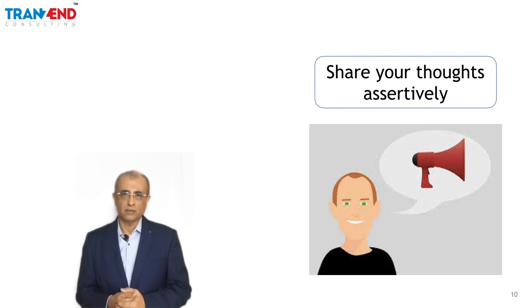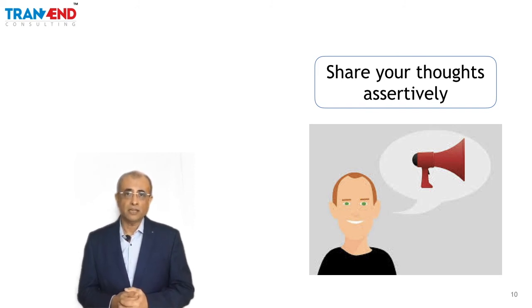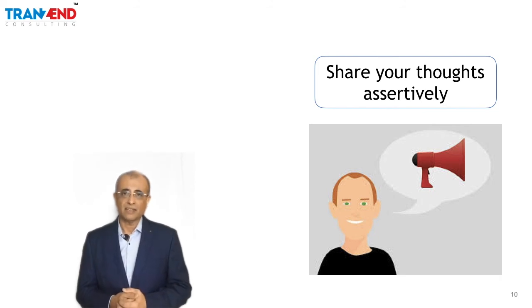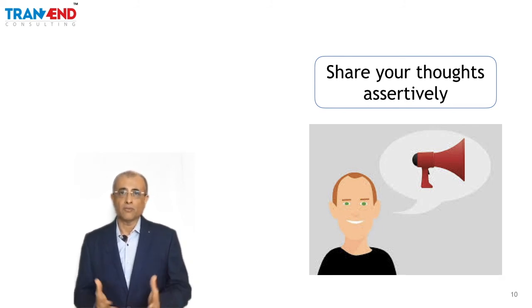So here the important word in the third mindset is assertion, not aggression. We need to share our point of view, but politely, respectfully, and assertively. We should try and minimize the emotions that come laden with this kind of a response, because that emotion has a domino effect on the emotions of other people, which escalates again to a shouting match, and that doesn't take the conflict anywhere. It actually aggravates the conflict.